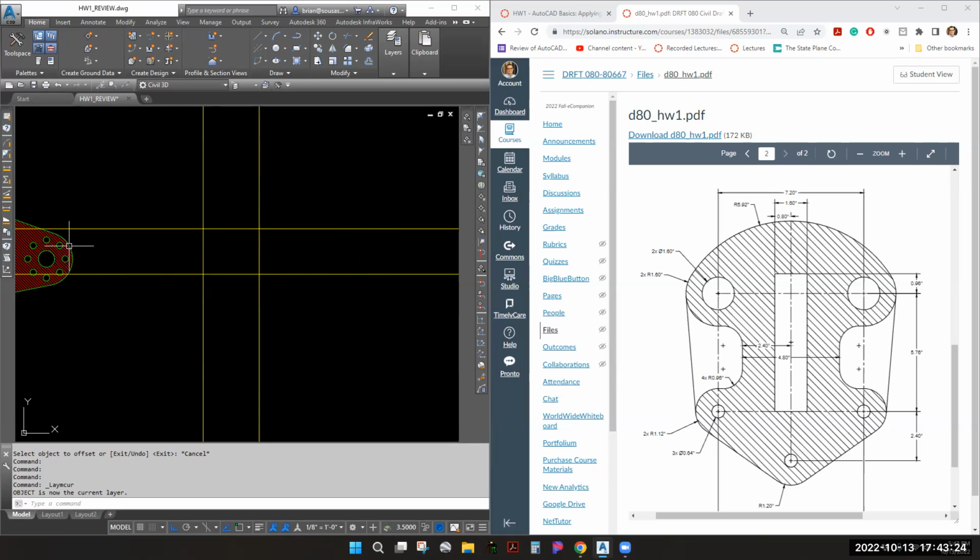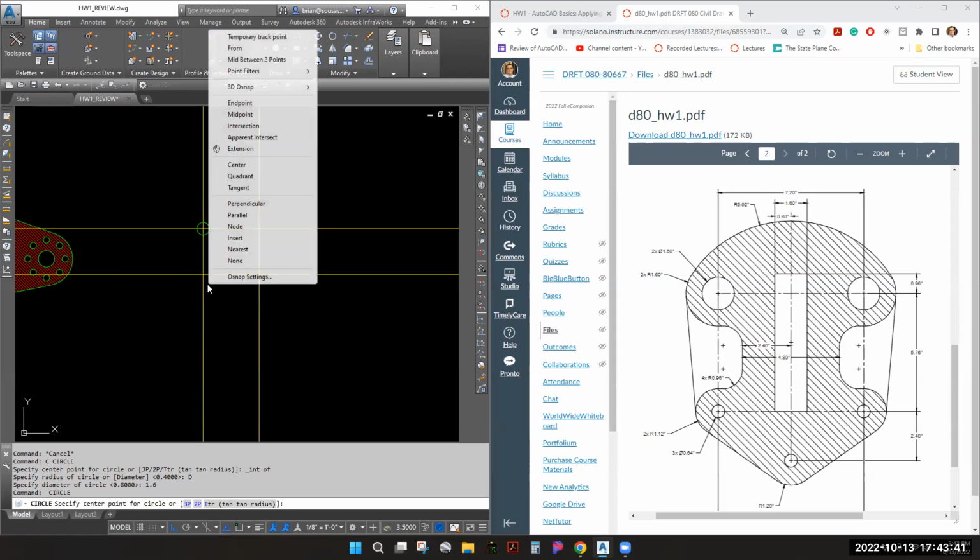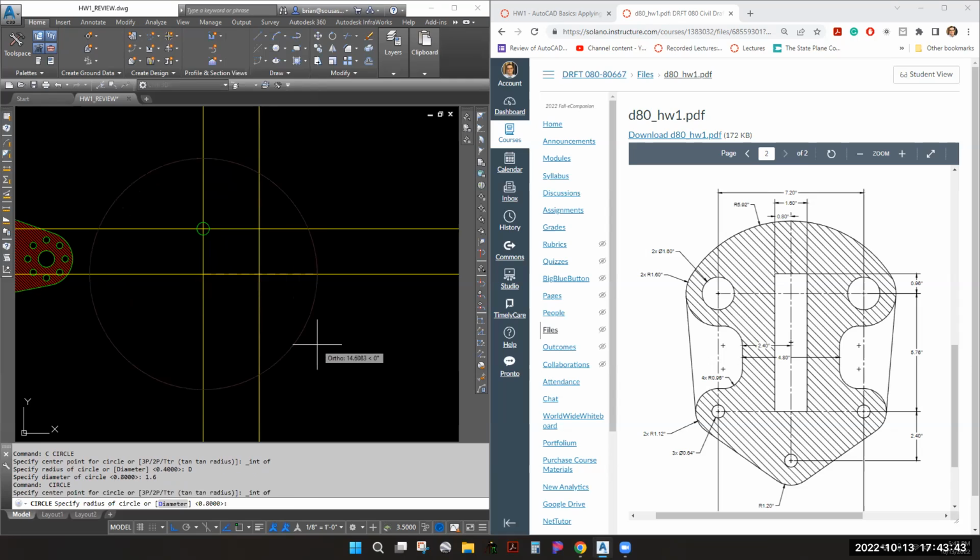So to make things current, I just select what I want to make current, click the make current button, and we're ready to go. So now I'm going to do a circle on here. Diameter 1.6. Okay. Circle. Diameter 0.64. And then I can just copy those two because they're the same